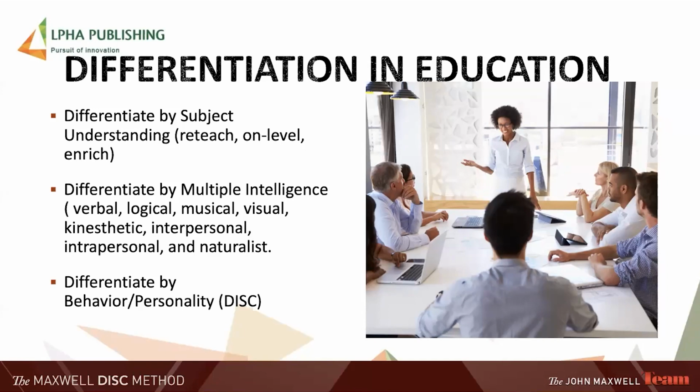There's another level of differentiation when it comes to how students learn, where they're intelligent, and we call that multiple intelligence. And there are different ways. That's verbal, logical, musical, visual, kinesthetic, interpersonal, intrapersonal, and naturalistic. So that's another way to introduce differentiation into your lessons, through lessons that deal with certain parts of the intelligence. The one that we're going to talk about today